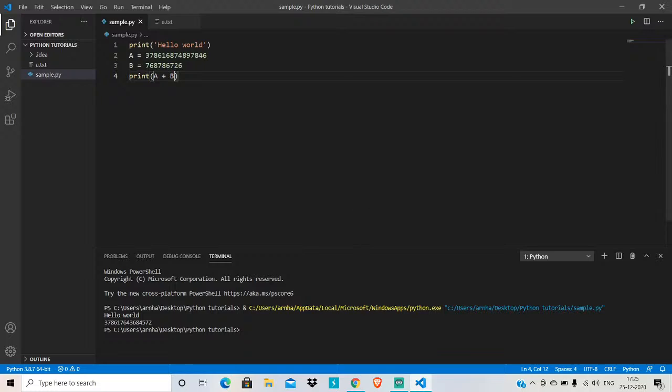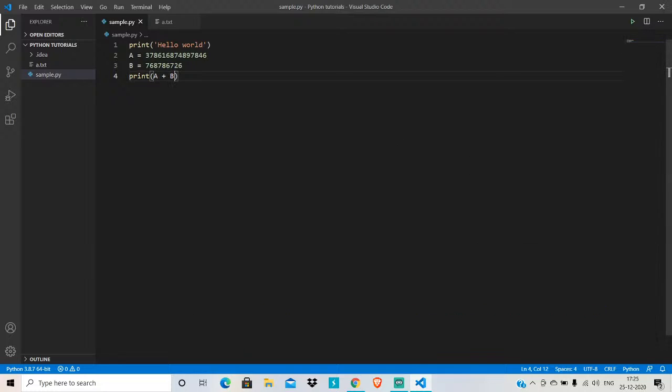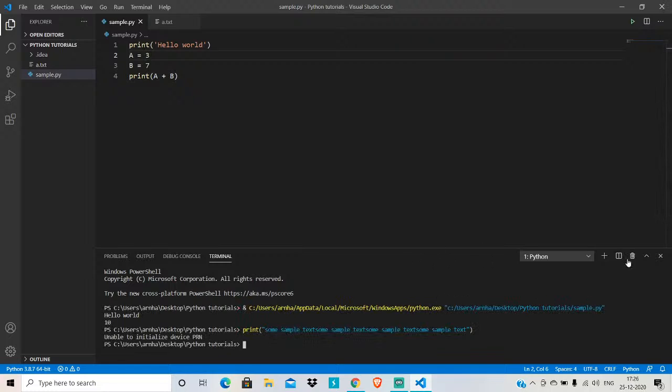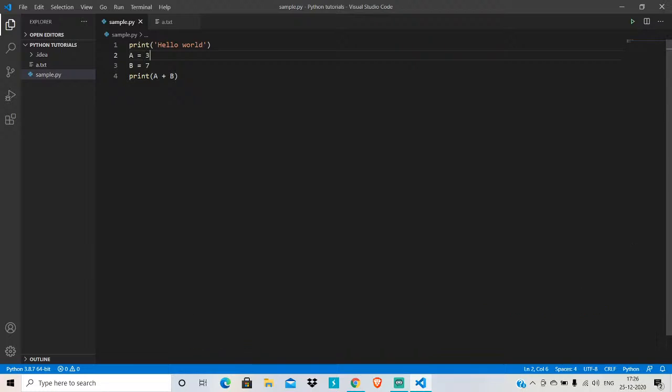See, it added these two. If we keep it simple like 7 and then this, then we can understand easily. It will give the output 10. Okay, now for division, if you want to divide